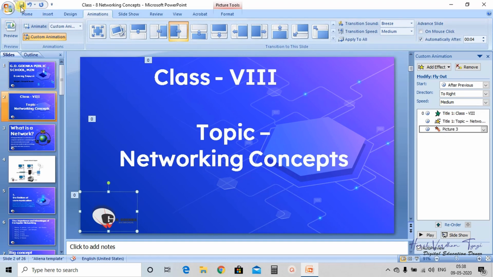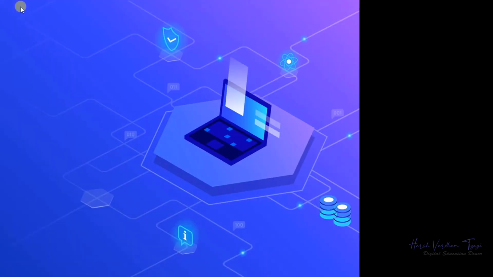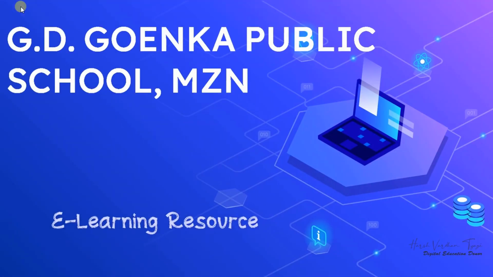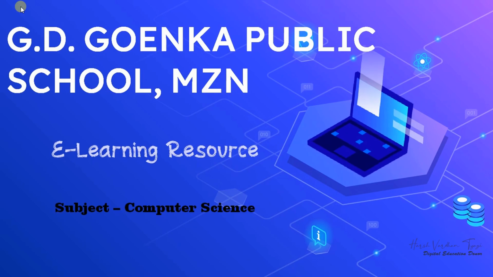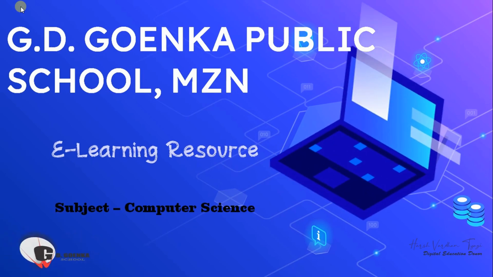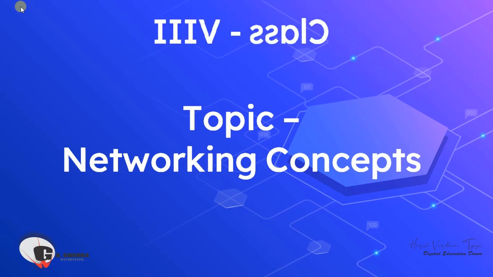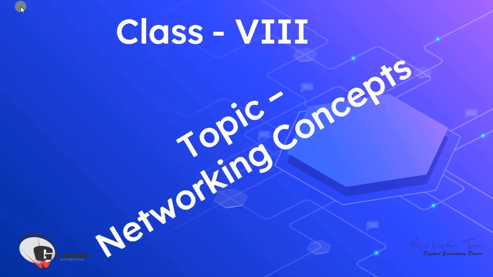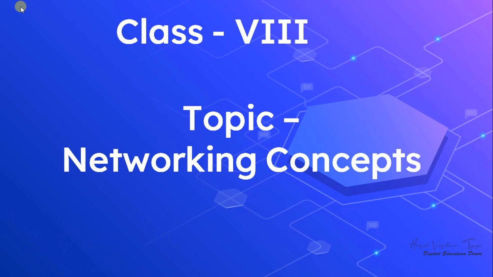So we have applied what? We have applied the animation effect on the objects of two slides, and transition effect on every slide. So let's see how it looks if we run our presentation. So this is the first, now image and the logo. Clear? Then the second slide, the first, then the next, and the third one.